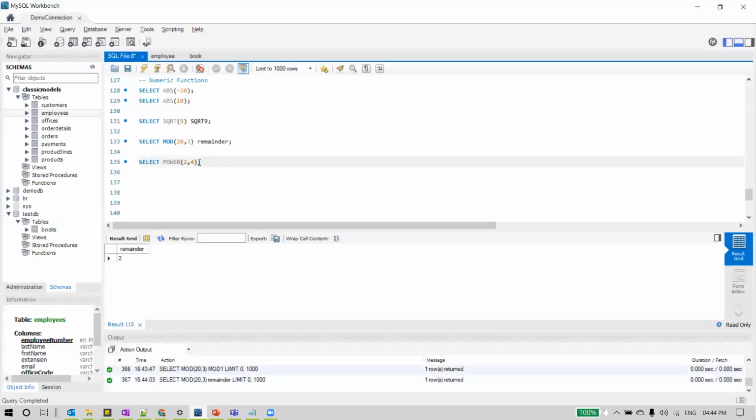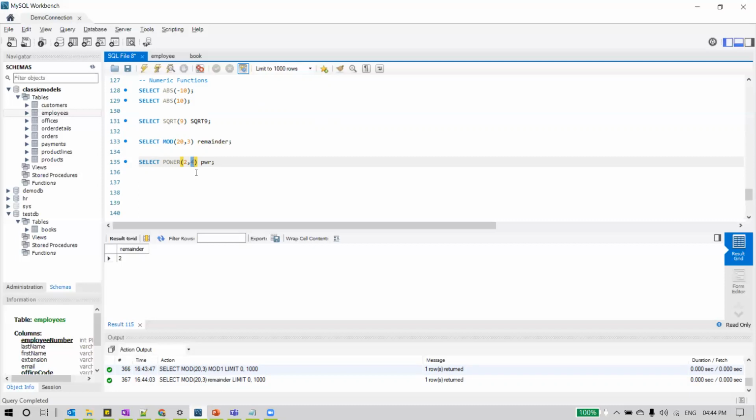Next, power. So what does the power function do? This is also a numeric function where we pass two parameters to it, and 2 power 4 will be returned. So what is 2 power 4? 2 is multiplied with itself 4 times: 2 into 2 into 2 into 2.